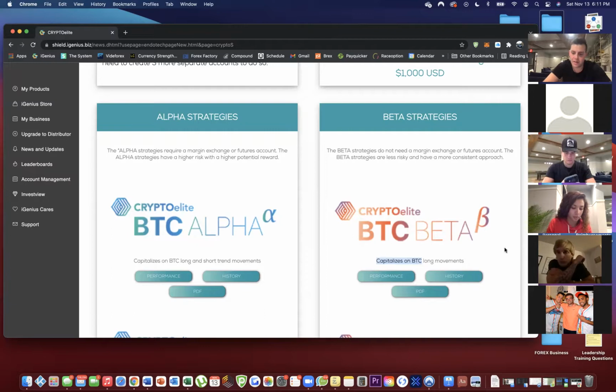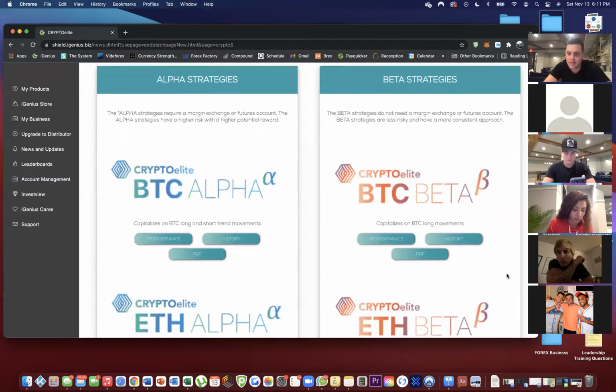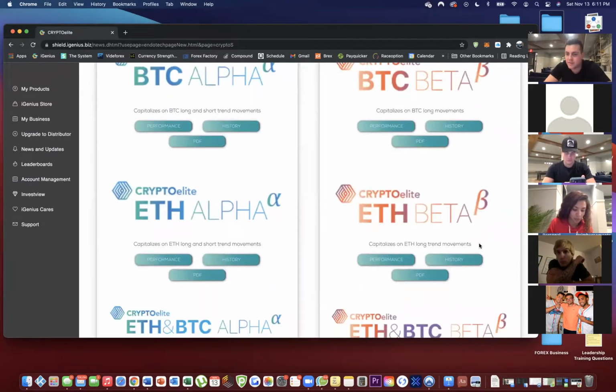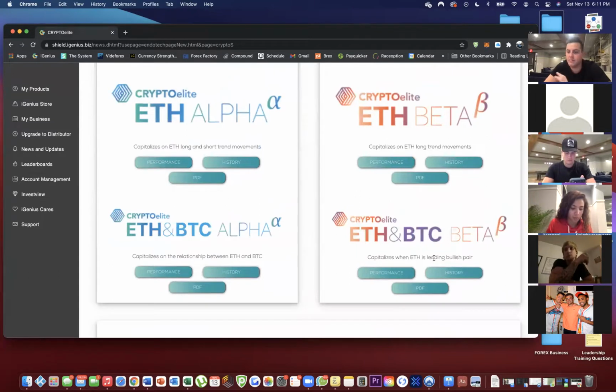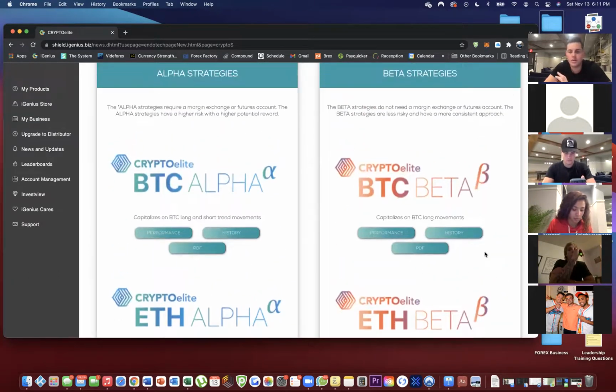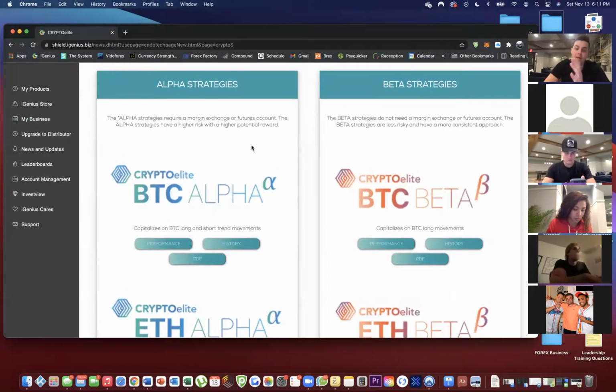So right here, guys, this Bitcoin beta, it's looking for longs on Bitcoin movements. So it's looking for buys on Bitcoin, obviously to capitalize on. Then this Ethereum, it's looking for buys, and also the Ethereum-Bitcoin pair together looking for buys. That's what beta does. It's only looking for one direction. Then we get to alpha, which is looking for buys and sells. And the difference between beta and alpha, guys, is,